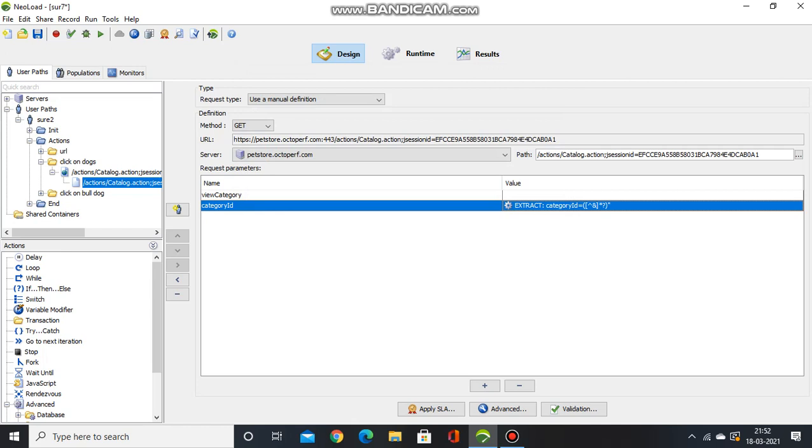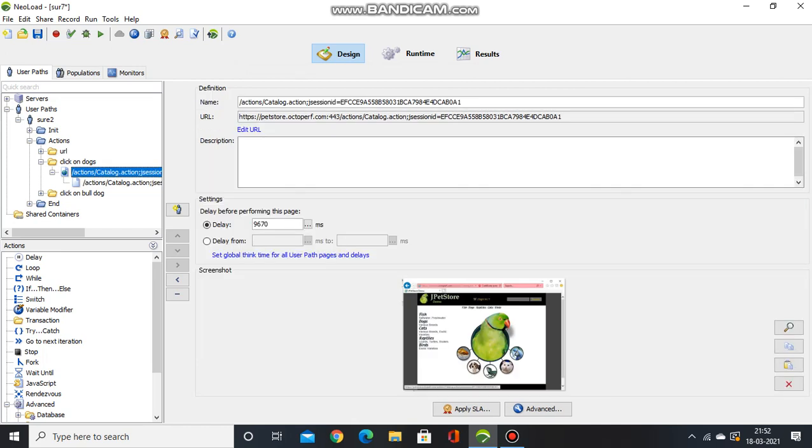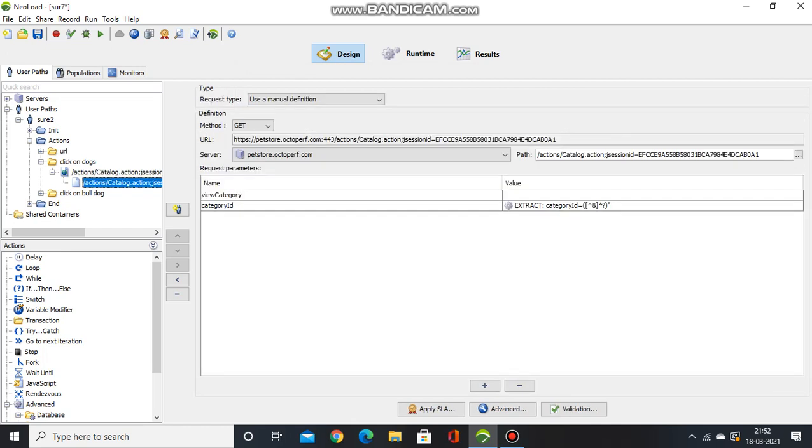I will explain the same concept while we are doing the correlation, don't worry, guys. But for some purpose, I have explained this. If you want to change the value instead of dogs, you will put another pet name like fish. You will do it dynamically like this.